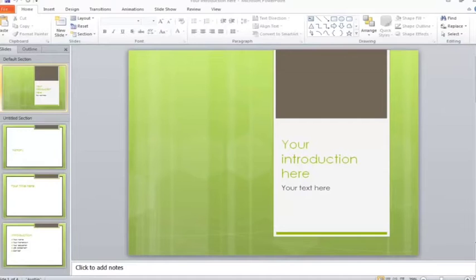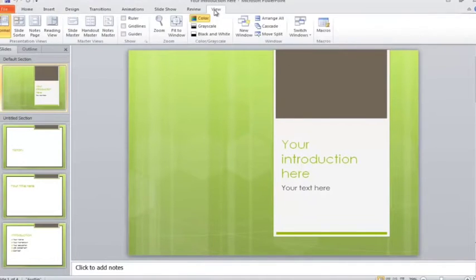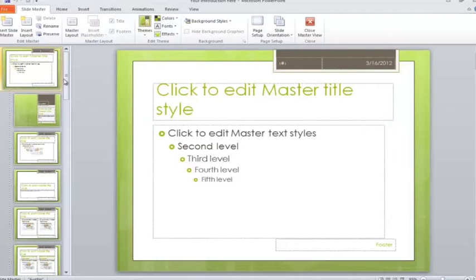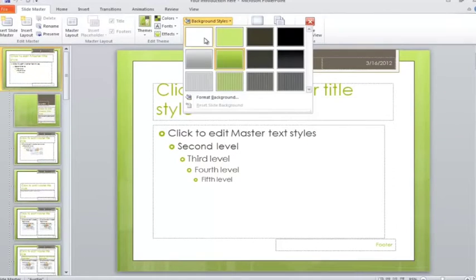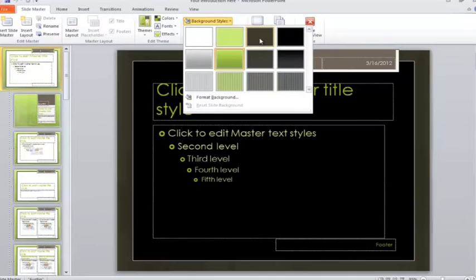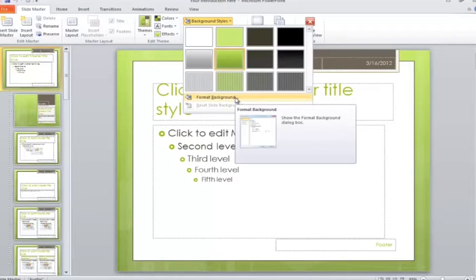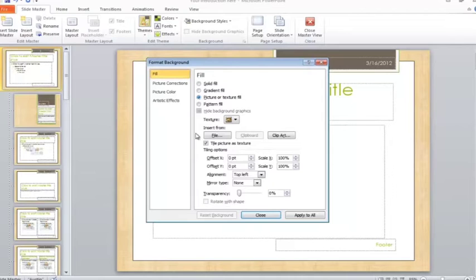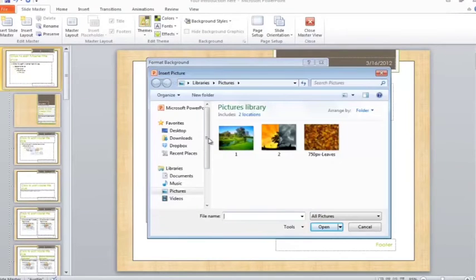Now our next topic is to change the background of a slide. We can change the background of a slide and make it more attractive. The background can be filled with a color, pattern, picture or shaded effects. To add the background to the slide, we have to click on the Design tab, Background group and then Background Styles.